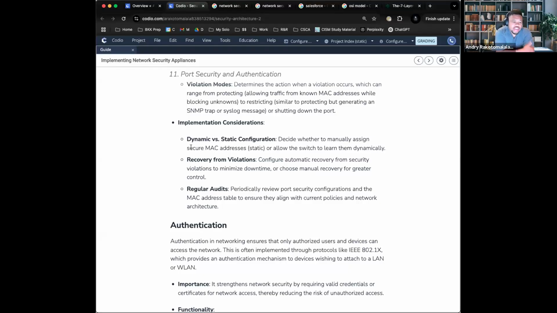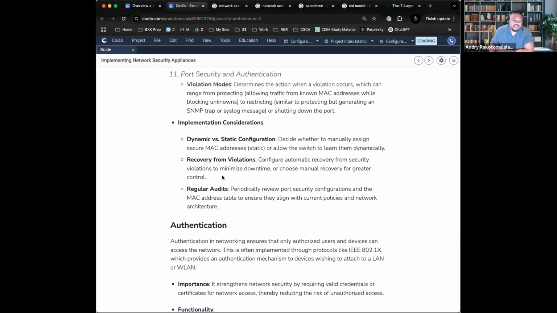That means that if I have a new device, like a new computer with a new employee, I can manually go into each of the switches and update the MAC address saying, hey, they're allowed to access this. Or you can dynamically allow the switch to learn it. Now, as you can imagine, static is very resource and time intensive, whereas the dynamic version allows the switch to learn it automatically. So that's the option that tends to be picked more often than not.